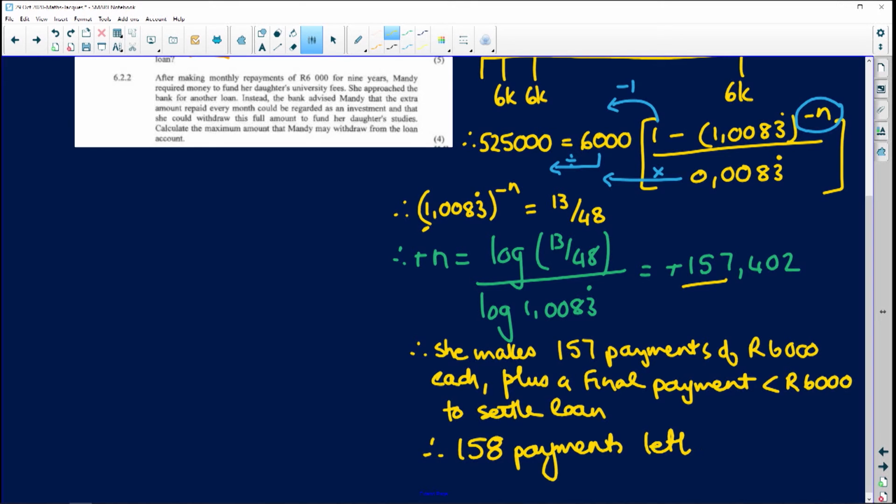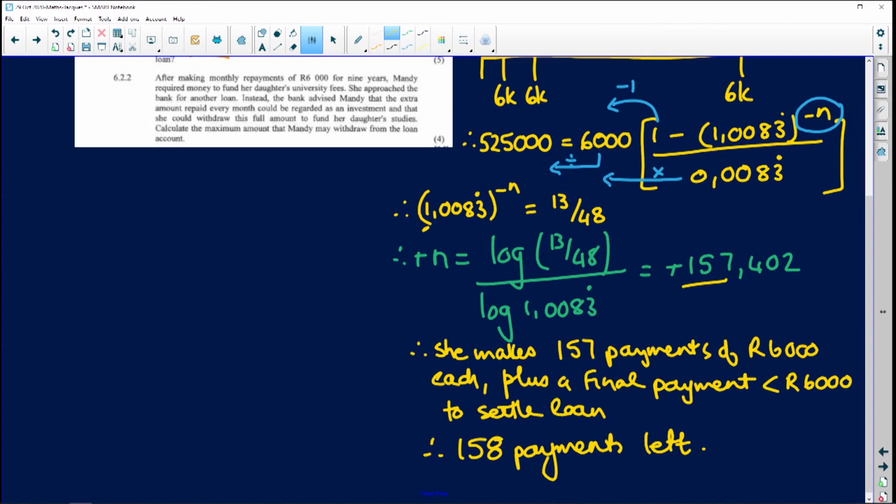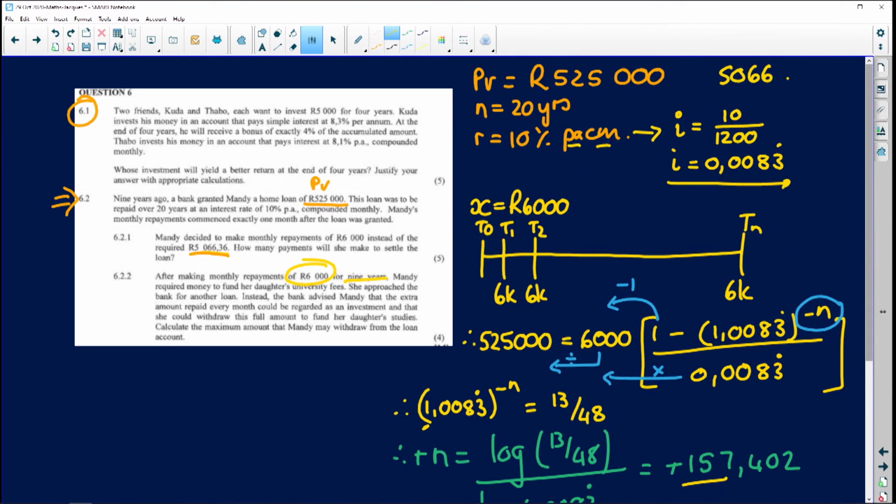So that's the first part. The first part is normal. It says present value annuity. We could do that quite quickly. The second part says, after making monthly installments of 6,000 for 9 years, Mandy required money to fund her daughter's university fees. She went to the bank for a loan, and the bank said, okay, instead of giving you a loan, we're going to give you the amount that you overpaid. The amount of money she had to pay was